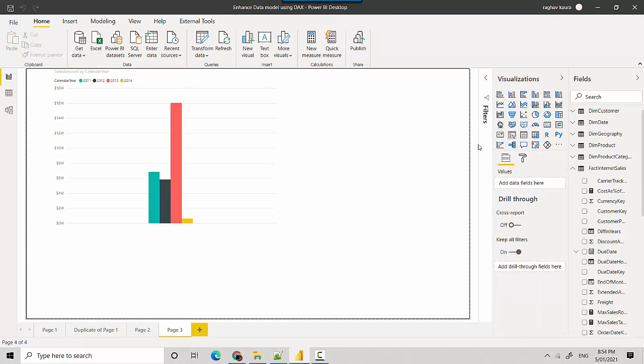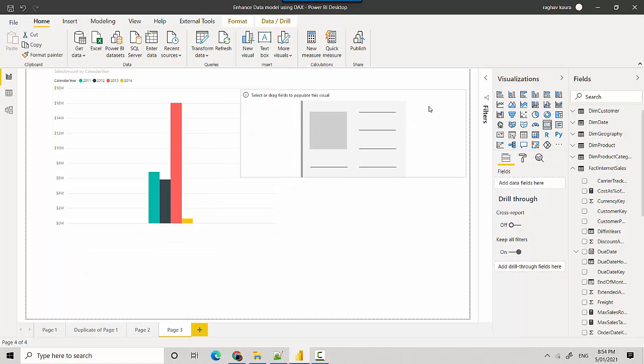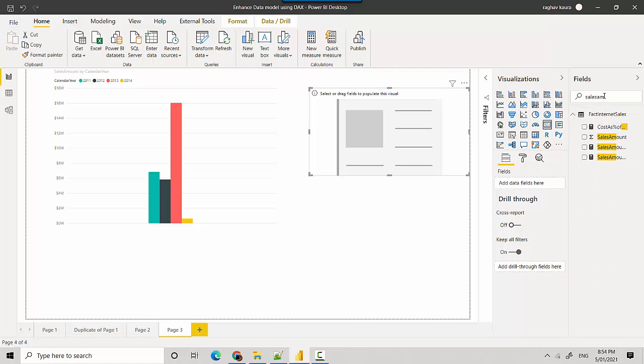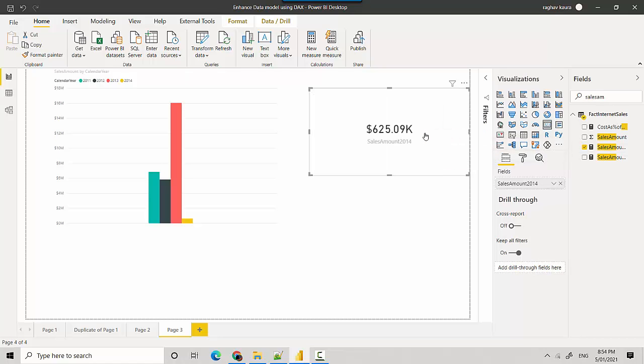So let's quickly create a card and bring that in to see what it gives to me. So I'll create the card here, and let's just reduce the size of the card and just say sales amount, and this is our measure, so I'll just grab it and put it in here, and it is giving me roughly 625,000 something. So if I hover over this,